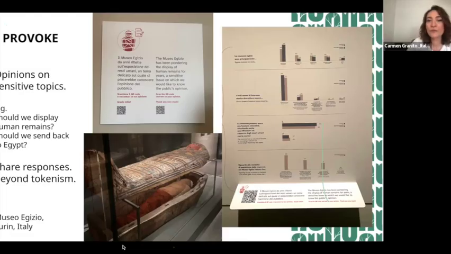So you could basically use this Google form. You would scan the QR code and you would access a Google form, a simple one, asking a few questions. I think 10, something like that. And they were asking, what do you think about this? Should we display these human remains? Should they be actually sent back to Egypt where they were supposed to be? How should we